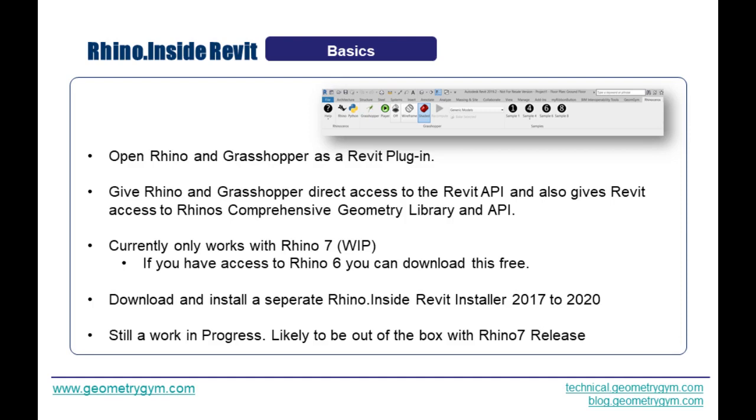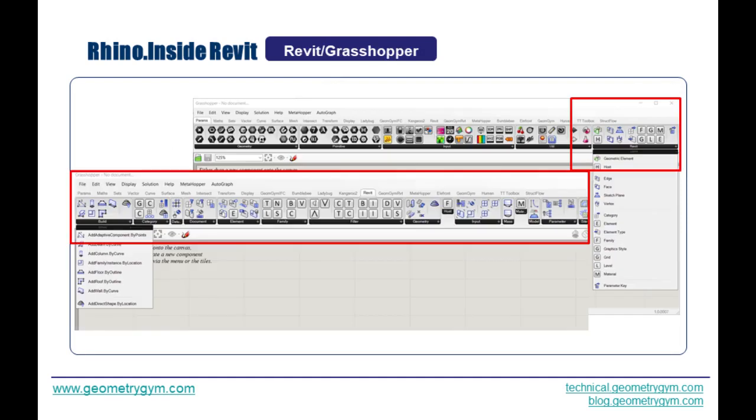This image here is the add-in tab that you get when you log into Revit. You can see you've got a Rhino button, and a Python button where you can code in Python and access the Revit and Rhino APIs. Then you've got a Grasshopper button as well. If you open Grasshopper directly, you basically